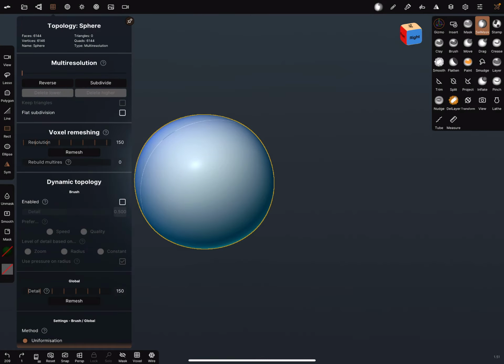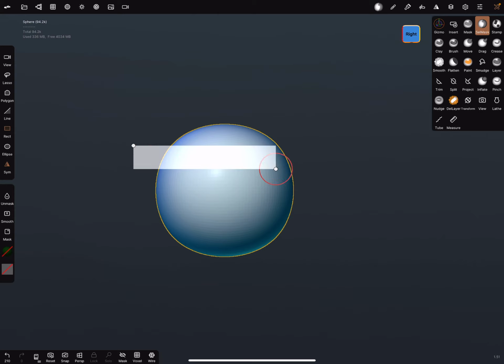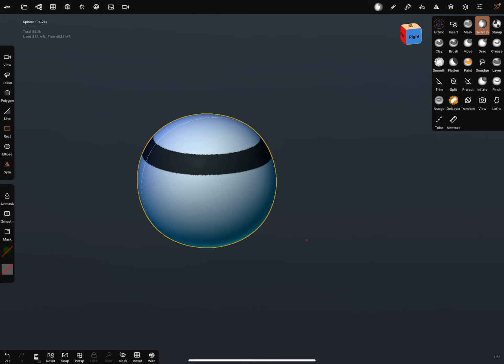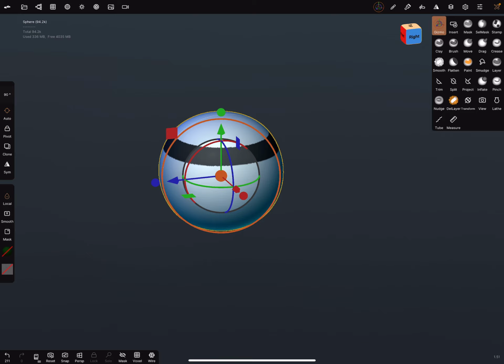You can remesh it, view, and make it like this, and use the gizmo.